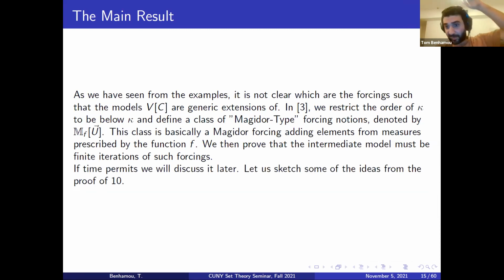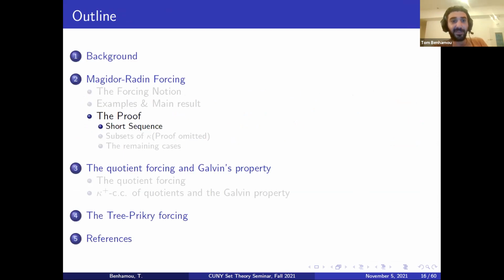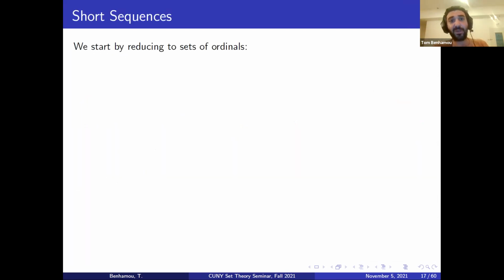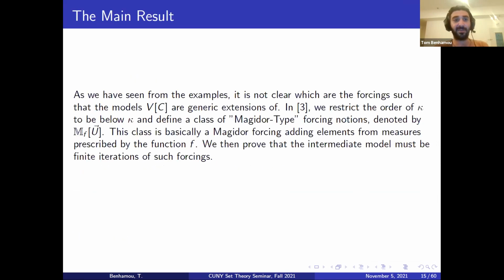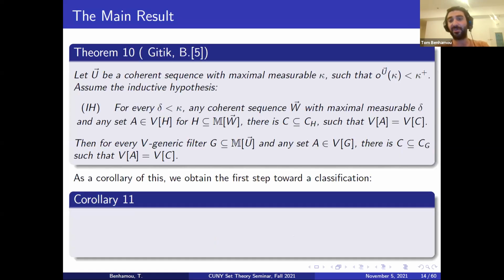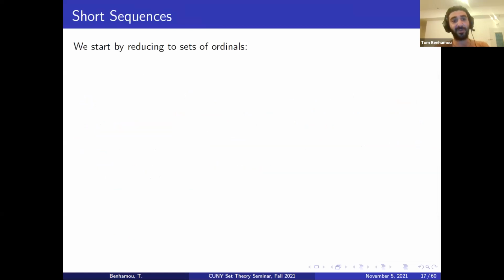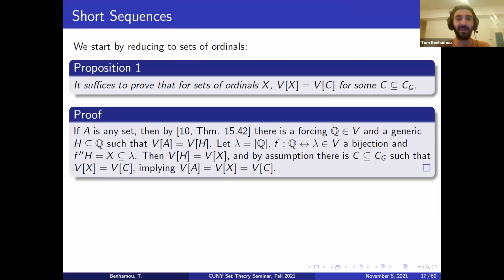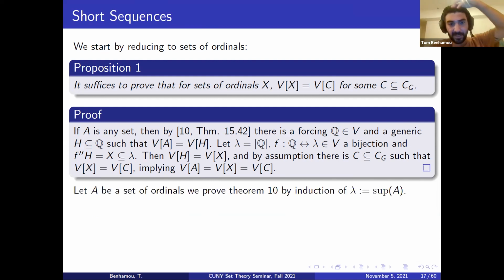Okay, let's sketch some of the main ideas from the proof of theorem 10. So basically, we reduce to sets of ordinals. In the theorem, we have a general set A in the generic extension, and I would like to reduce to sets of ordinals. This proposition says you can reduce to sets of ordinals. I would like to skip this proposition because the proof is quite easy and standard. If it's in the slides, you can see it later. So let us assume that A is indeed a set of ordinals,